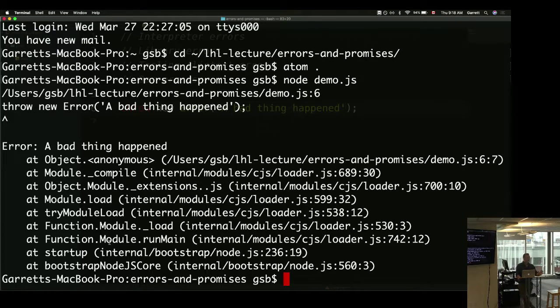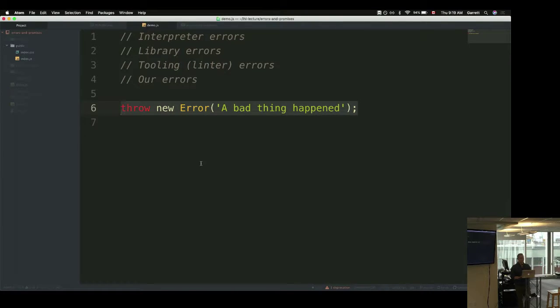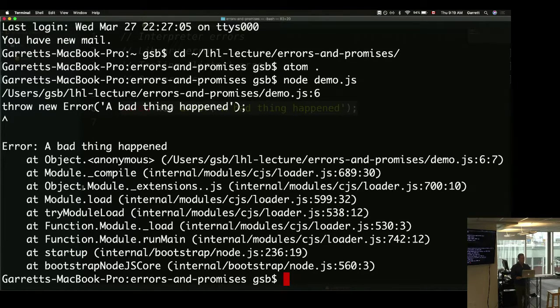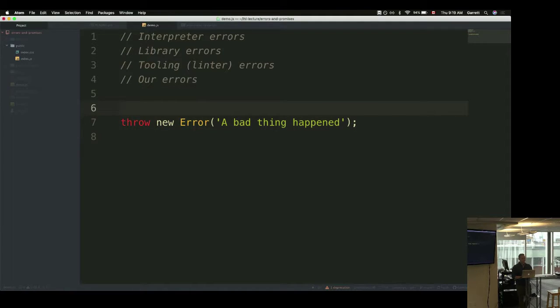So anything that happens afterwards is not gonna happen because we errored out. Yeah, not what I was getting at, but that's true. We're gonna come back to that. This is the stack trace. So this gives us hints about what exactly went wrong. So in this case, what I did was I threw this error at the very top level of the process. So the only stack trace we get is all this node stuff. So this is all internal node stuff that for the most part we don't care about. But it's a little clearer what happens